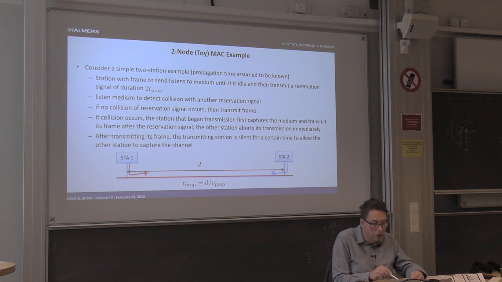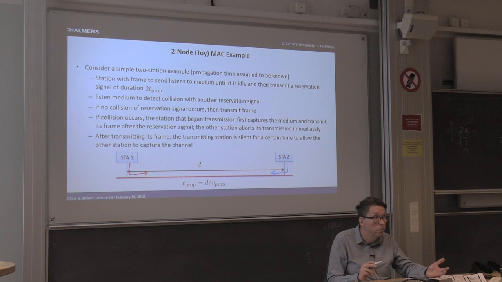If there is a collision, however, that means that both stations are intending to transmit. So which one should win? Okay, one needs to win. And the rule here is basically the station that started first wins. And we can actually figure out which station that is. Both stations can figure that one out, actually, as we will see in the example on the timing diagram on